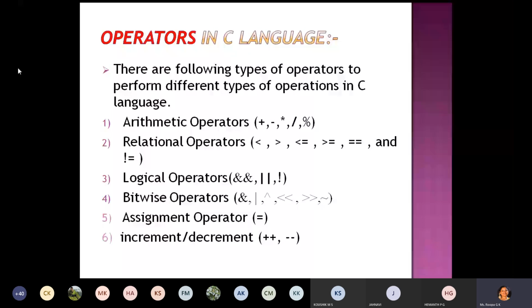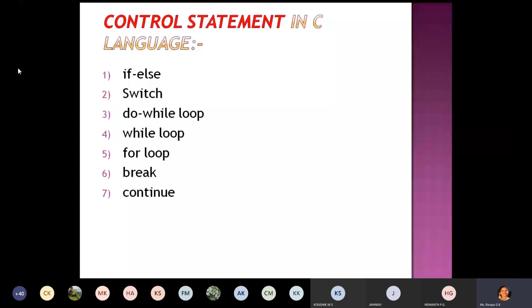Next, let us study about control statements in C language. First, let me explain what is a control statement. Control statements enable us to specify the flow of program control, that is, the order in which the instructions in a program must be executed. They make it possible to make decisions, to perform tasks repeatedly, or to jump from one section of code to another.